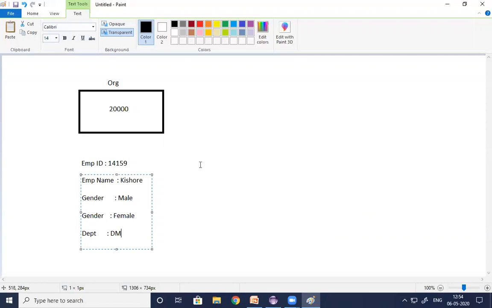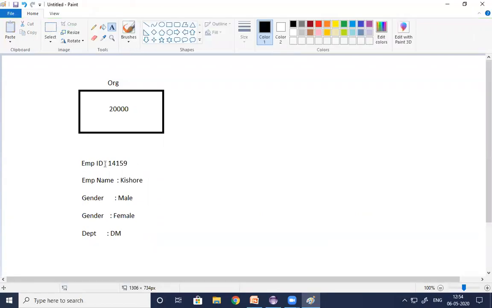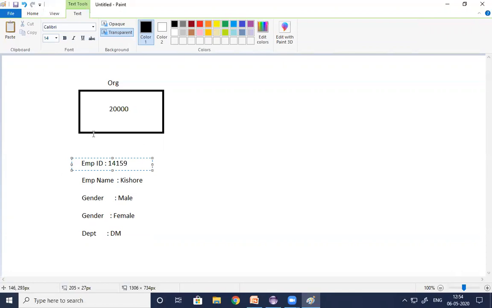Department is delivery manager. So the conclusion here is: to identify one employee in the organization, we use a unique identification, which is employee ID. But to identify a group of similar employees, we use the common identification. What is the common identification for every Kishore? Employee name.